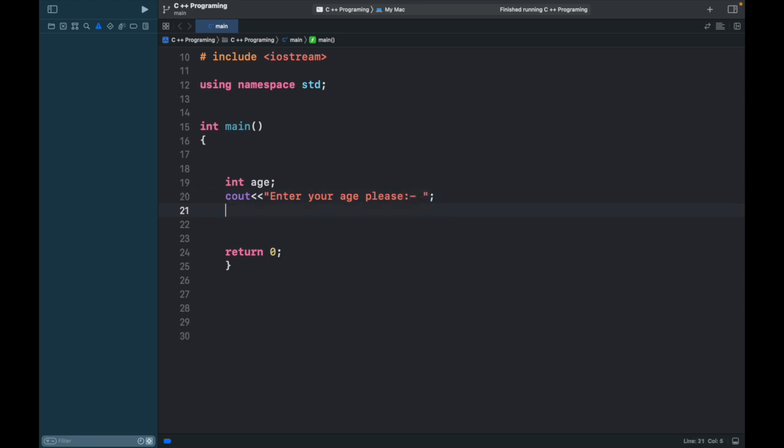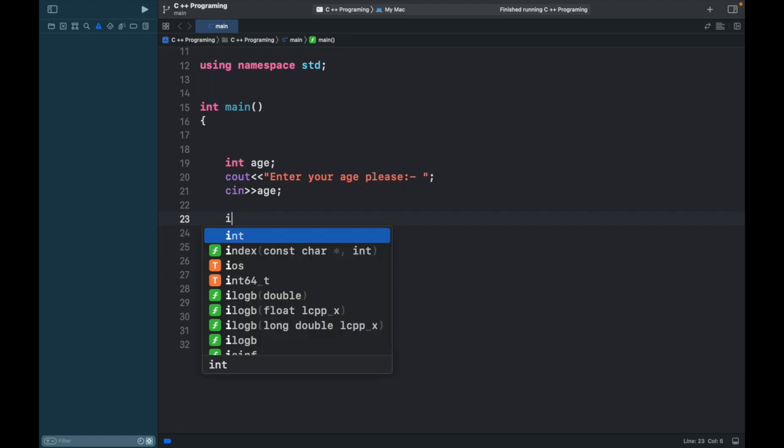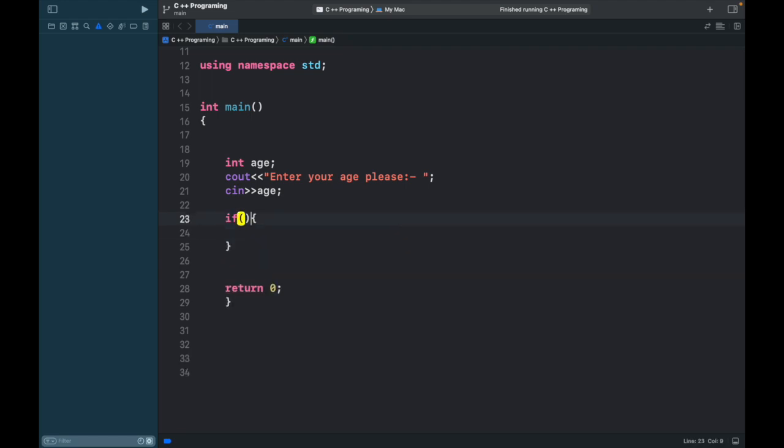Okay, and cin the age. Perfect. Now set the condition. If, what are we going to check? Actually, we're making a vote system to predict whether the age of the student is